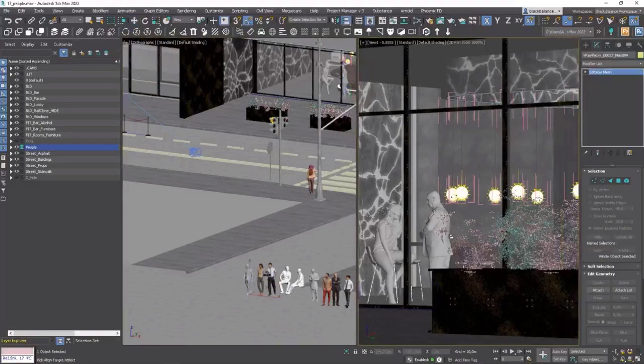Also, I like to show some depth in this space, so I will add a man behind the group somewhere more in the back.